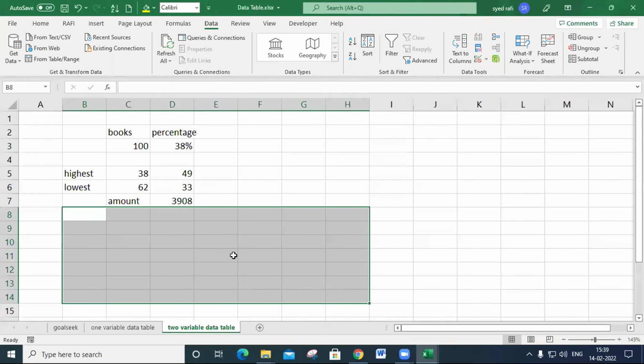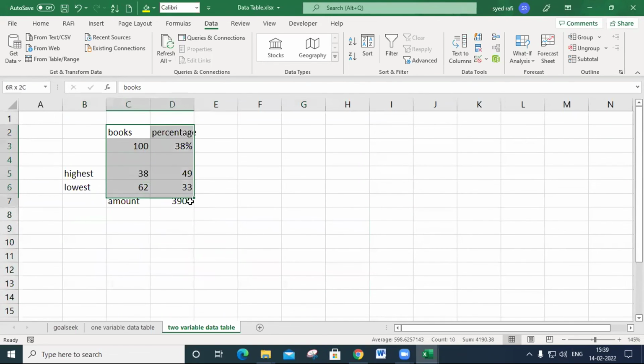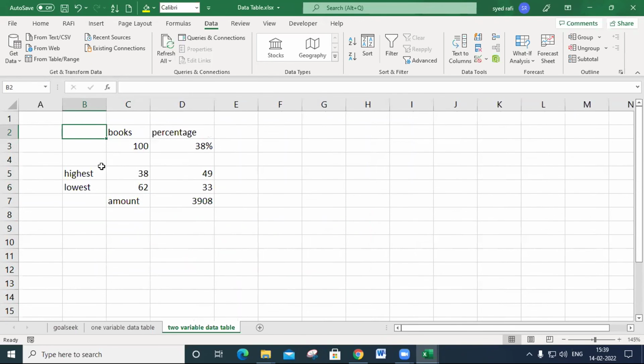I remove all this. So this is common in a one variable data table and a two variable data table; you must design it like this. In the two variable data table, it must depend upon two variables. One variable you must take as a percentage, like 14%, mentioned like this.